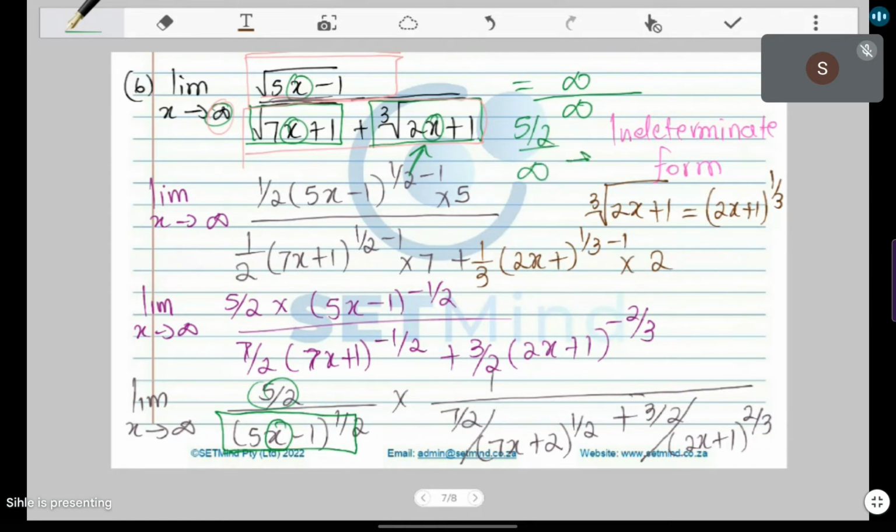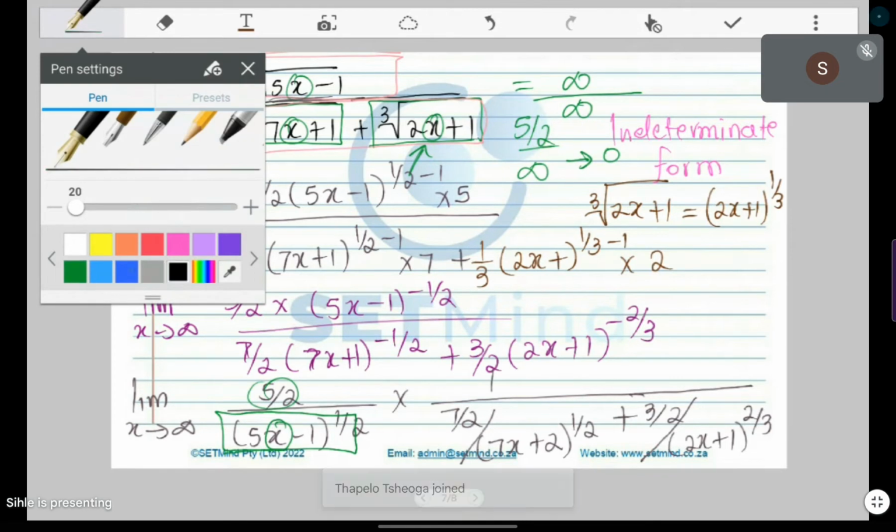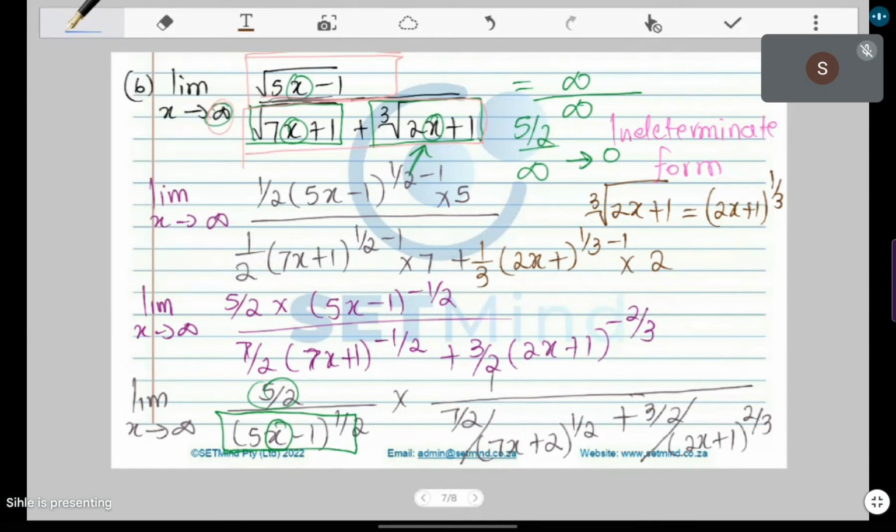I'm sure we can agree this is going to approach 0. So if you take 5 over 2 and divide it by a big number, it's going to approach 0. Right. So essentially the answer for this question, I believe it should be, wait a sec,